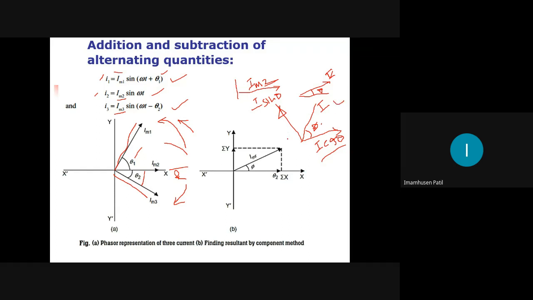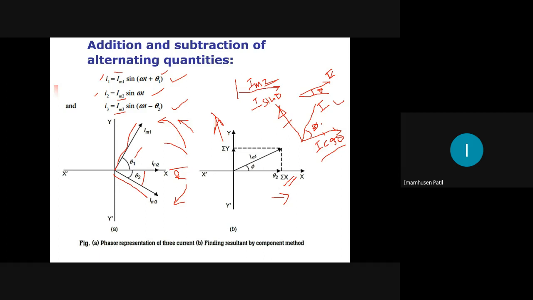Okay. So now here what you have to do, when more than one phasor is there, you have to add all the horizontal components. Whatever you are resolving, this component, this component, this component, you are resolving into vertical and horizontal components. All components you have to resolve into vertical and horizontal components. Once you resolve, you have to add all horizontal components and you have to add all the vertical components. This is vertical components. This is horizontal components.